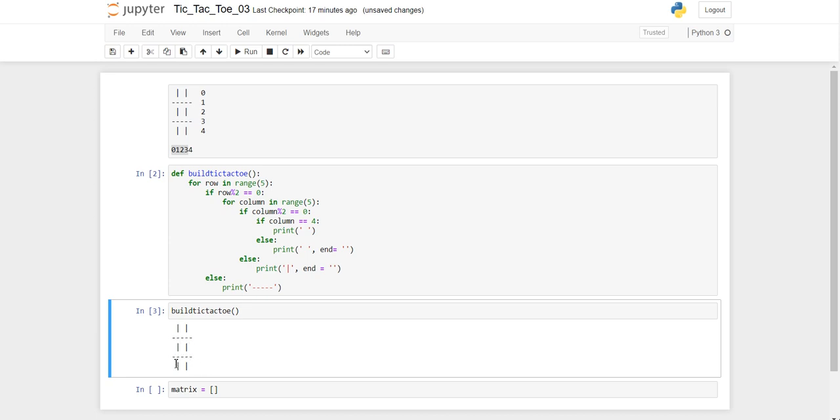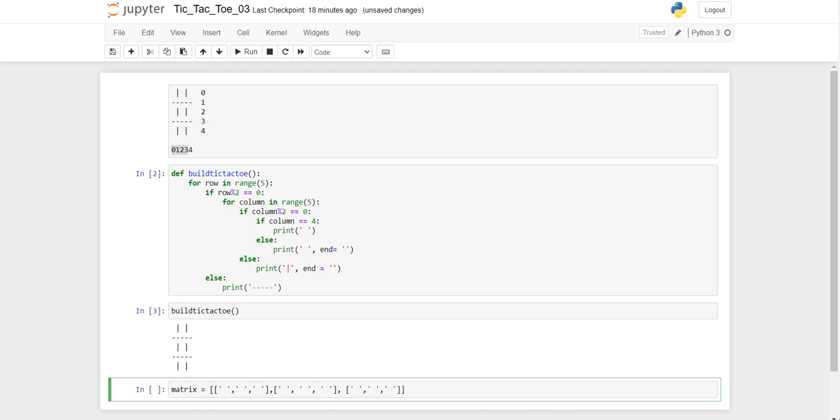If you consider only those empty spaces, it will be like a 3 cross 3 matrix. Okay, so first of all I will initialize like this. Okay, so this is an empty matrix.